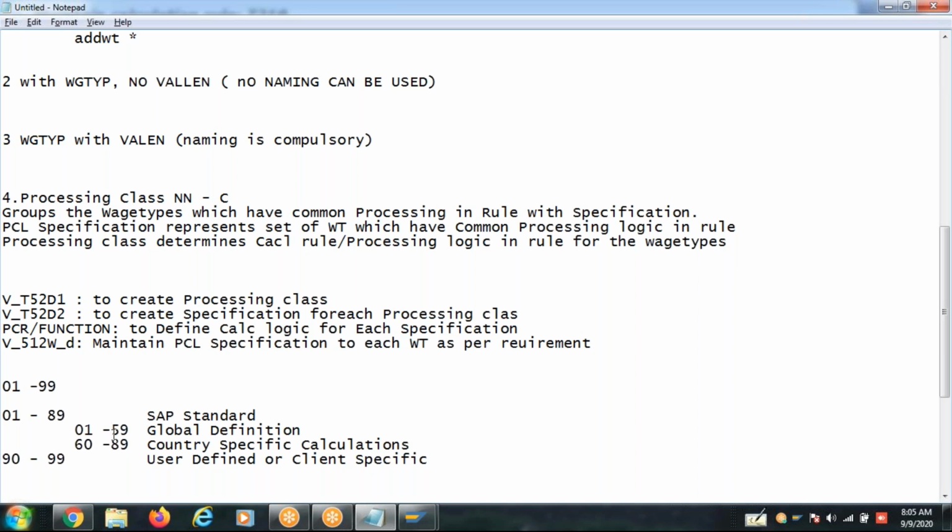We have very few. We hardly need to remember 15 to 20 processing classes and their rules and purpose. Clear? So let's create a processing class tomorrow and understand why exactly SAP has introduced processing classes, what the advantages are, and what the benefit is.